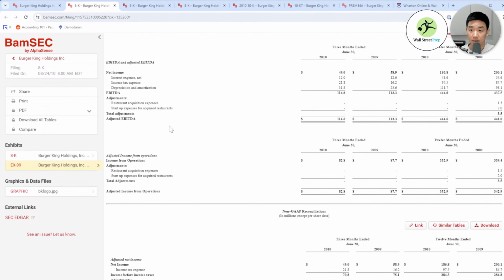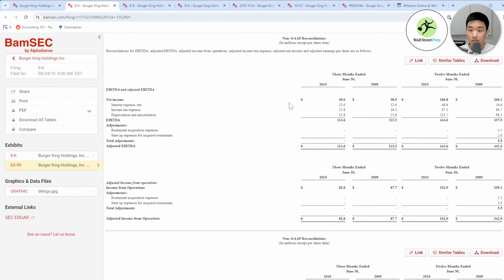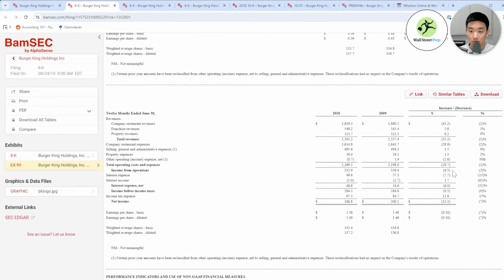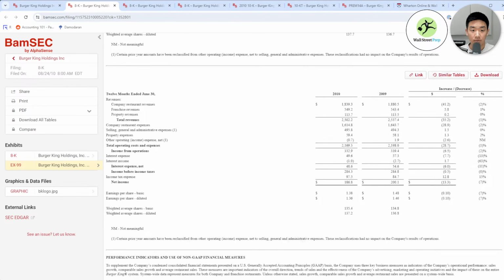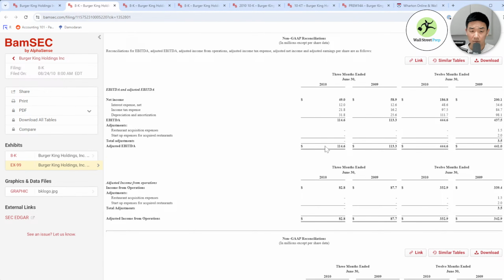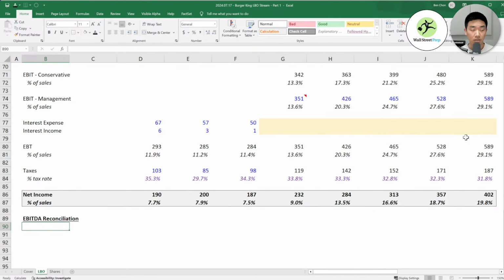Yeah, adjusted EBITDA here. All right, so I thought they had it for 3 years, but I guess not. Either way, I just want to show you what it is, and we're not going to worry about it or use it too much anyway. So what we're going to do here is get our EBIT, DNA, adjustments. That gets us to our EBITDA.